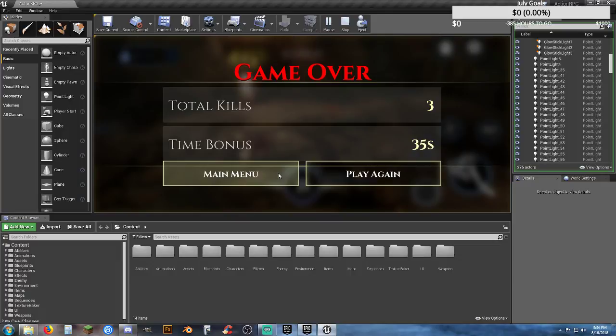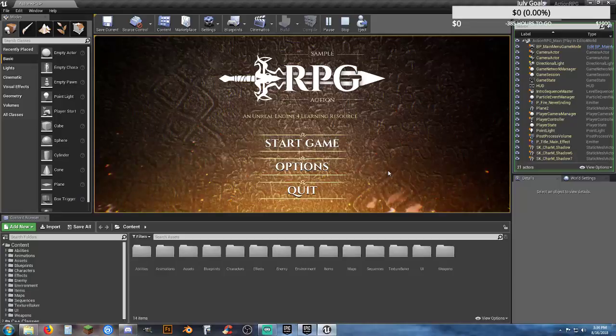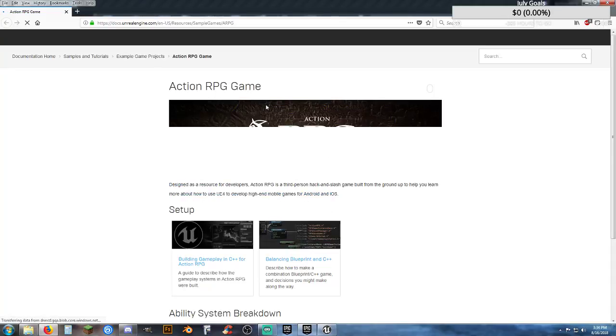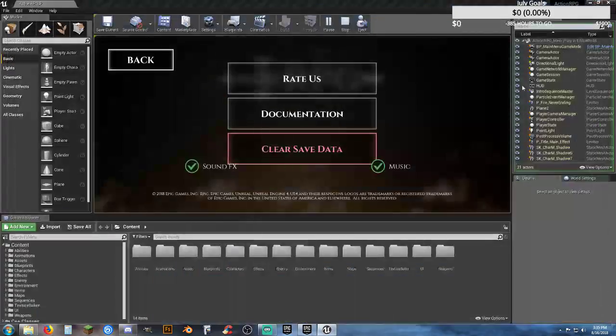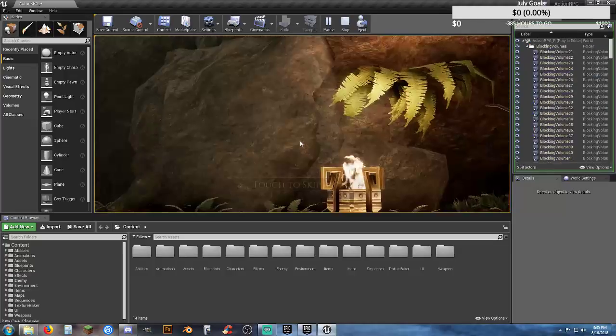Alright, well, let's look at the main menu, okay? Okay, this is nice. An Unreal Engine 4 learning resource. Options. Radar documentation, clear save data, music, sound effects. Okay. Let's look at documentation. And it opens up a website. That is trippy. Okay, I'm not going to get into that. That's something that you guys can check out on your own there. And click back, start game,